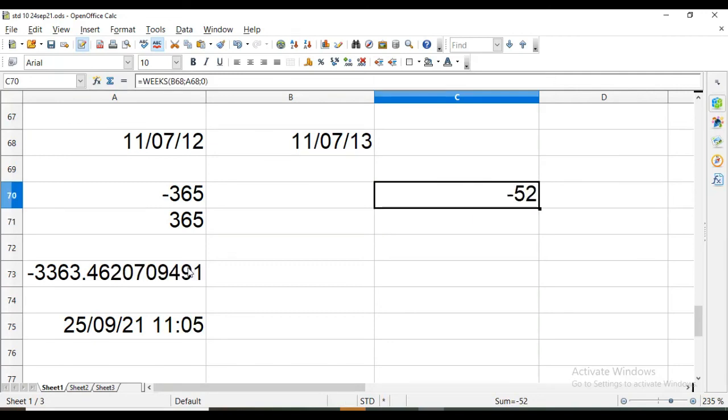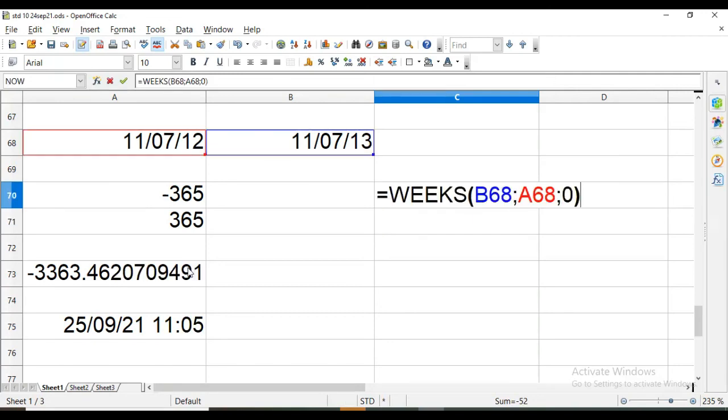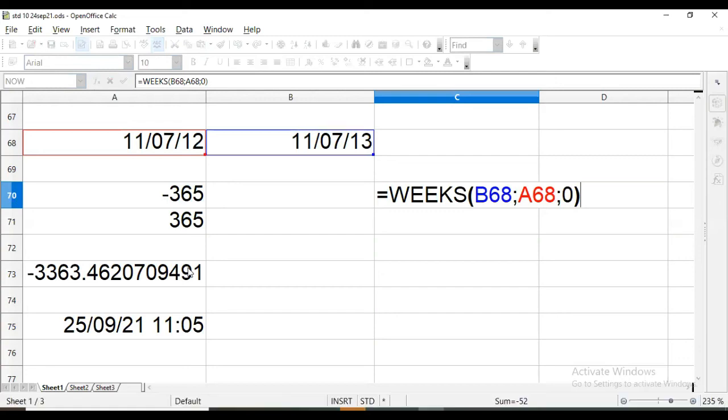There is one more argument there, that is the third one. It can be 0 or 1. 0 means it is in yearly interval, and 1 means calendar years. So 0 or 1 we have to put in the third place. So this was the last function in this chapter number 7.